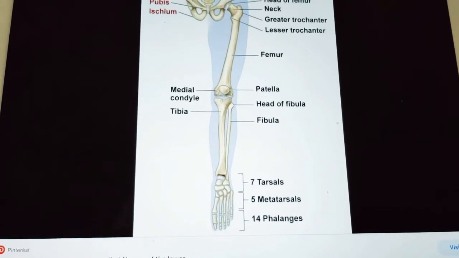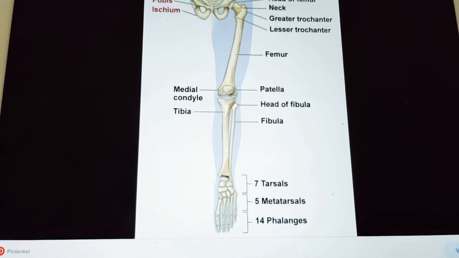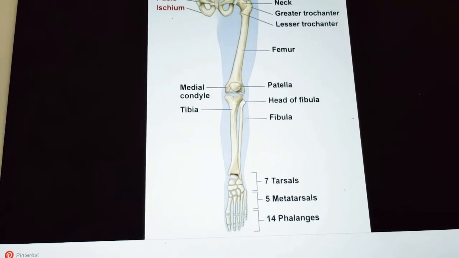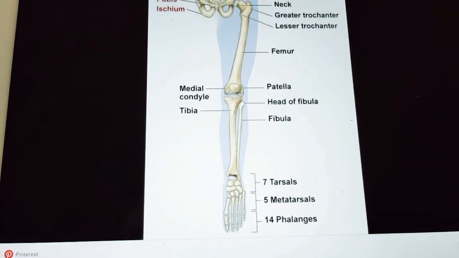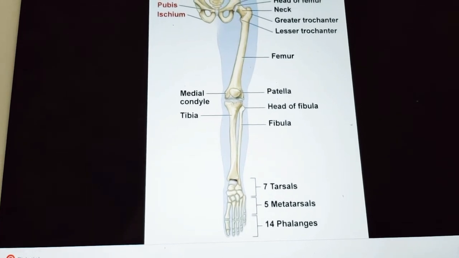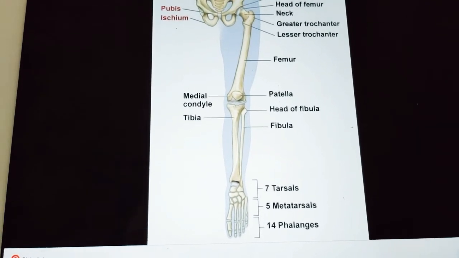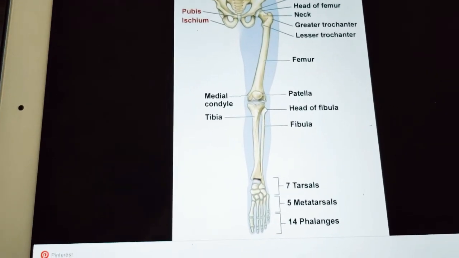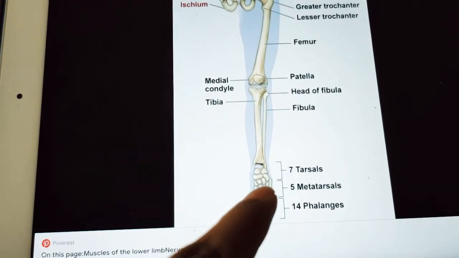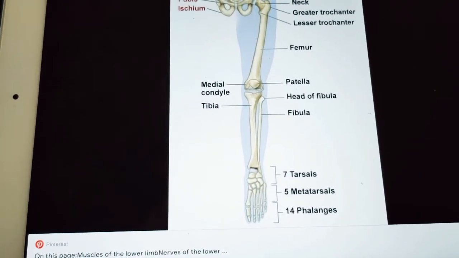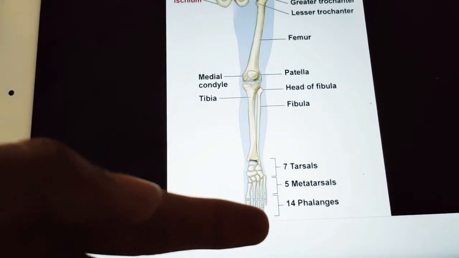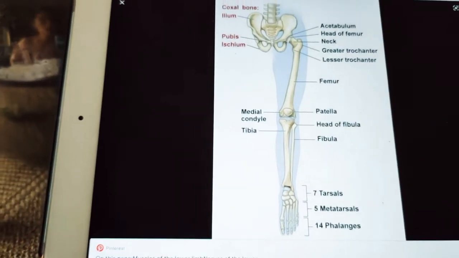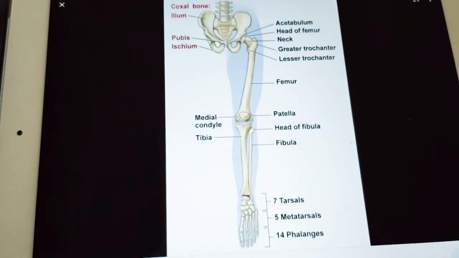So at the tarsus you can see the ankle joint, right? This is the ankle joint, between the tarsals and the tibia and fibula. And you have subtalar and transverse tarsal joints also. And next you have the tarsometatarsal joints between the tarsals and metatarsals, and intermediate tarsal joints between the tarsals. Okay, and also you have the metatarsophalangeal joints, and also interphalangeal joints, that is between the phalanges. Okay, so these are the different bones of your lower limb.